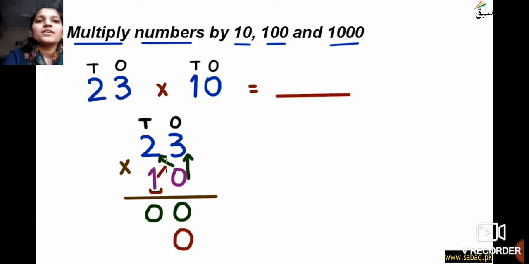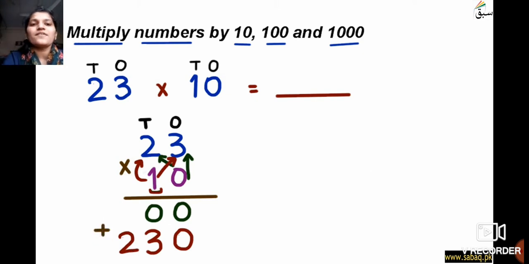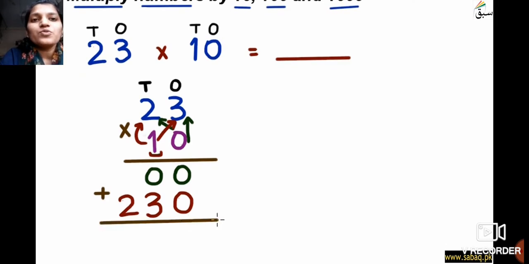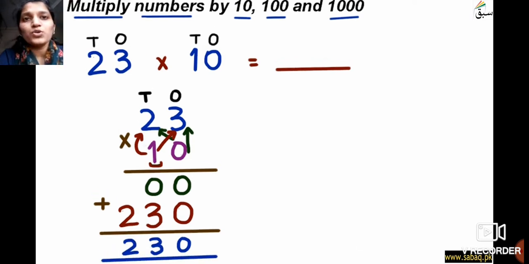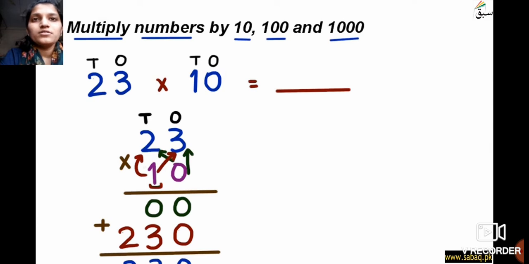Before that we are going to give a 0, as we are starting the second step. Now 1 by 3 we have done. 1 three is 3 and 1 two is 2. As we all know, 23 ones are 23. So I have given the plus sign now. And now students, we are going to add the 2 steps. So 0 plus 0 is 0, 0 plus 3 is 3, and 2 will be as it is. So this is our final answer. 23 into 10 is equal to 230.